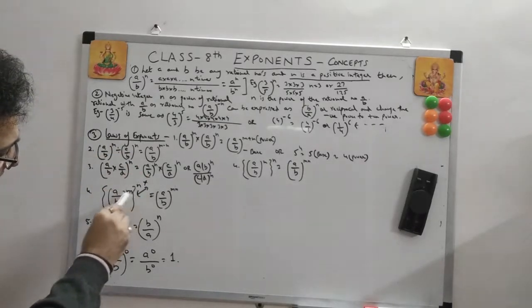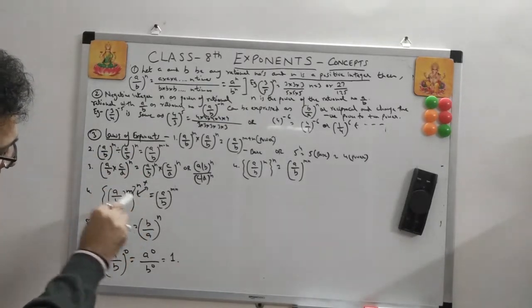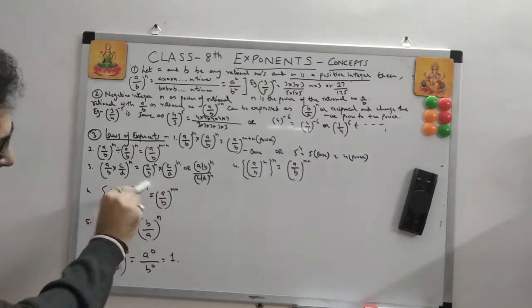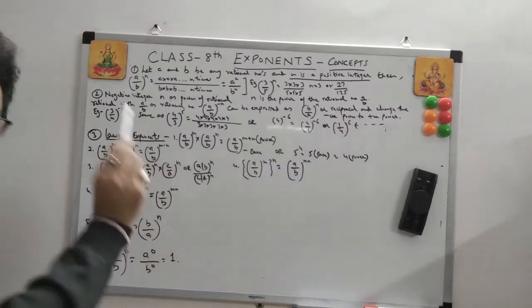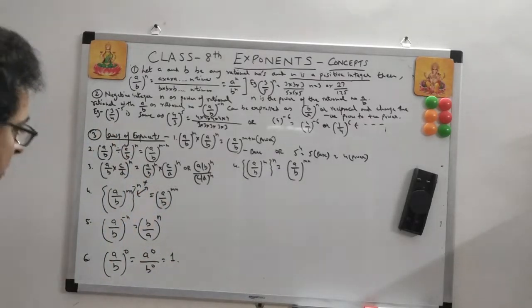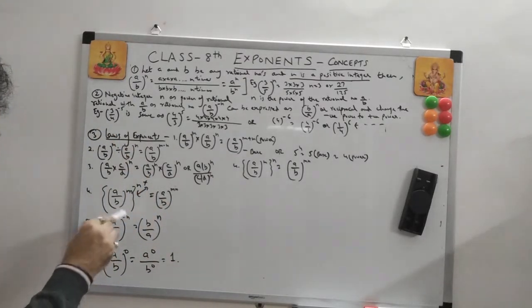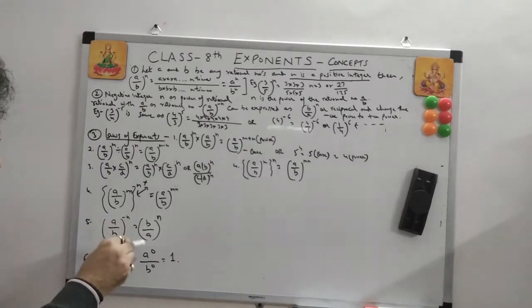So simply multiply these two. So it will be (a/b) to the power m into n, which becomes m into n, and then again it will be the base of a and b. Remember this, I have already done this. (a/b) to the power minus n will be (b/a) to the power n.